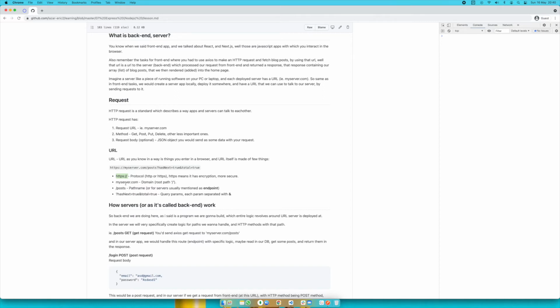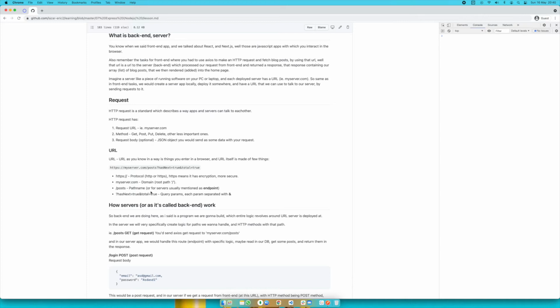And then you have a myserver.com part, which is a domain. You know what the domain is. And just this is the same as having a / so it's a root path. We already ran through that for a React app and a JS app. If you add /posts, now this is a different route. It's called a path name, and in the server, we refer to it as an endpoint. So a /posts endpoint, a /users or /accounts endpoint,